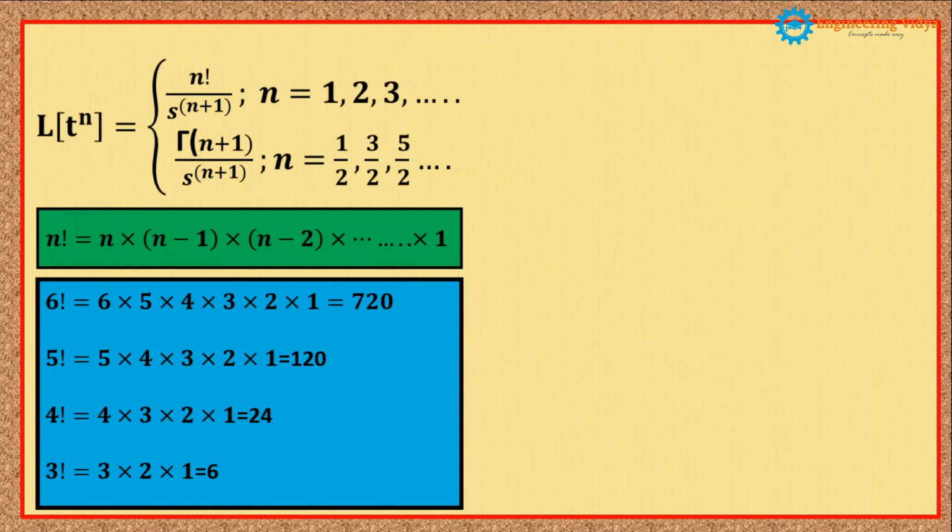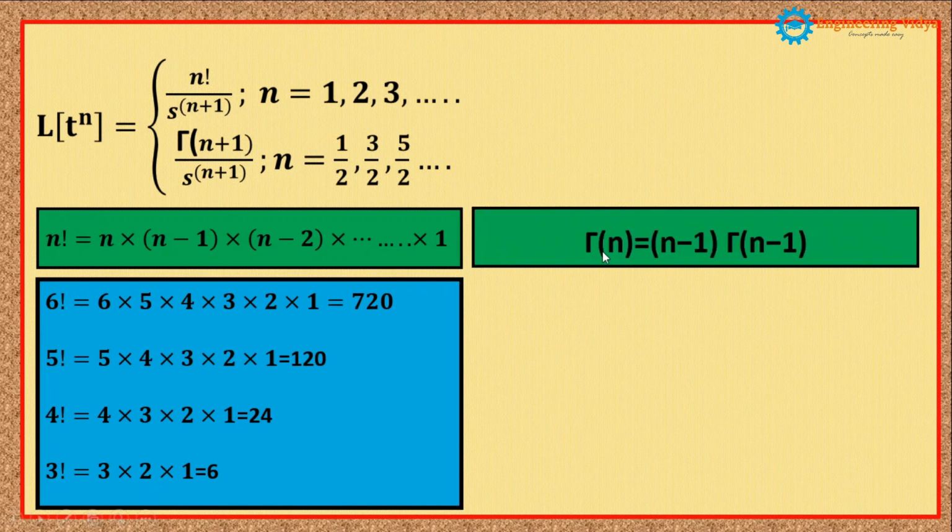Now after that, we'll see the calculation of gamma, because in the second case we are using a gamma function. So let's see how the gamma function is evaluated. If you want to calculate the value of gamma of n, the formula is n minus 1 into gamma of n minus 1. Always remember that outside the gamma we have n minus 1, and inside the gamma also we have n minus 1, right? And one more thing you should know: gamma of 1 by 2 is fixed, and it is nothing but square root of pi. Gamma of 1 by 2 is equal to square root of pi. And from gamma of 1 by 2, we can derive the other values also.